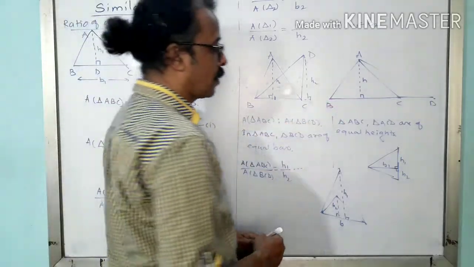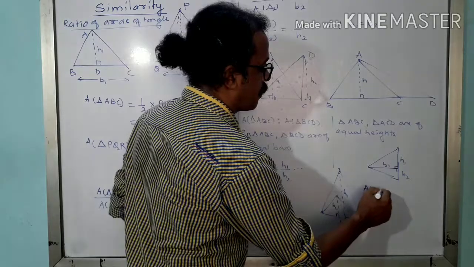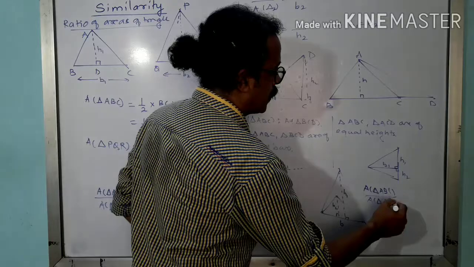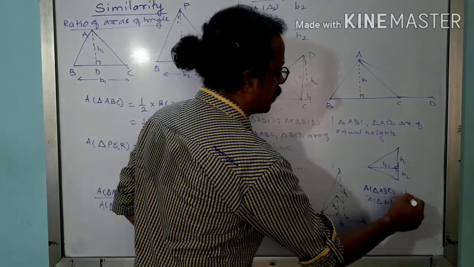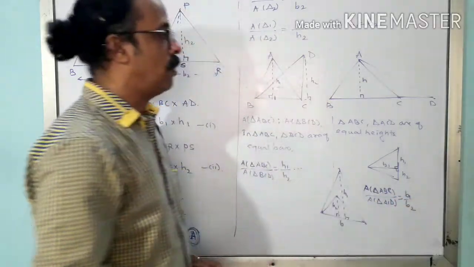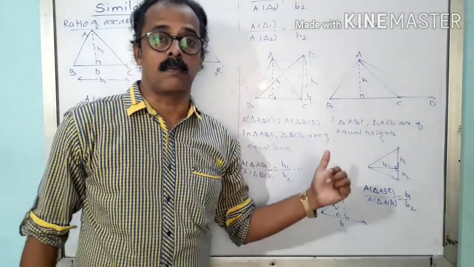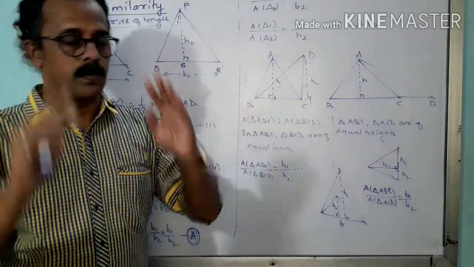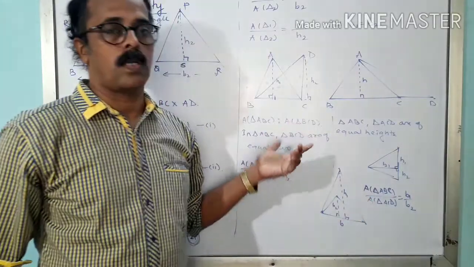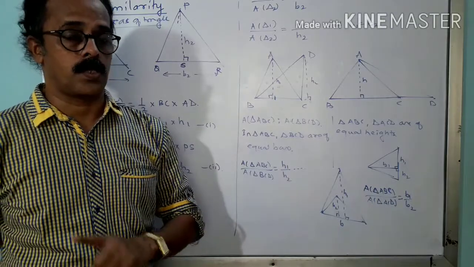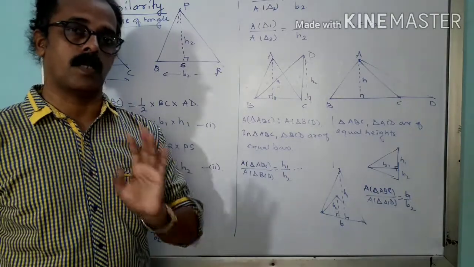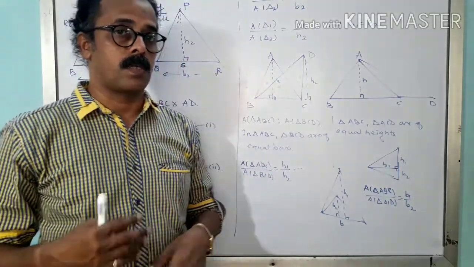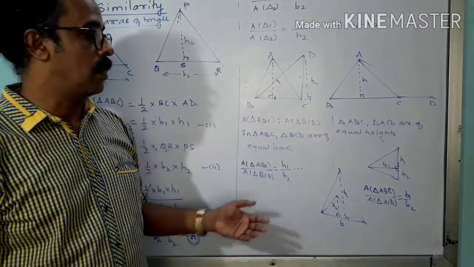Similarly, for this particular figure, how am I going to write down area of triangle ABC upon area of triangle ACD? It is equal to B1 upon B2. Why B1 upon B2? Because in that particular case heights are equal, so we need to write down the ratio of their corresponding bases. This concept you need to understand whenever you are going to solve. Now, the kind of questions asked for this are 2 marks or 3 marks, but they could ask you this for 1 mark also. So just try to understand the concept we are going ahead with.